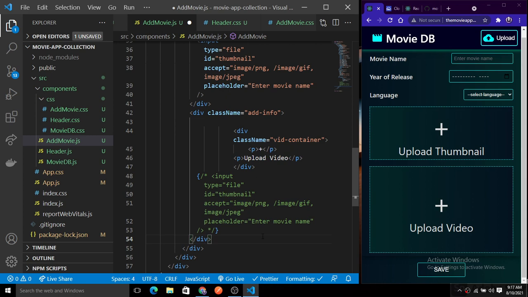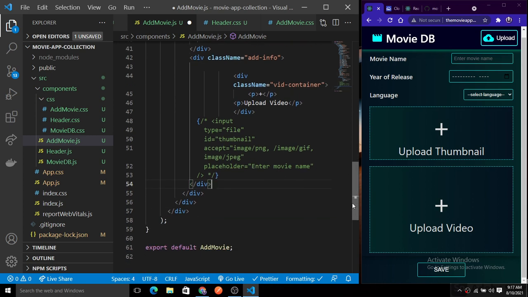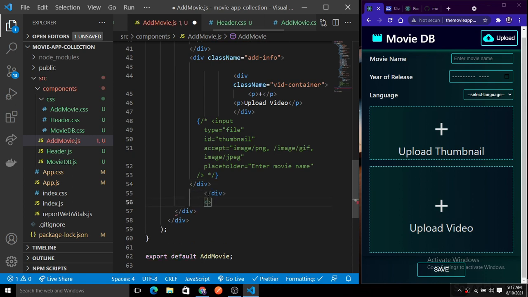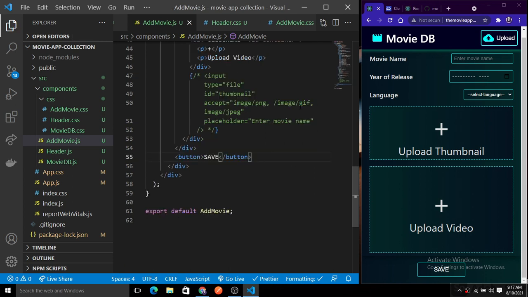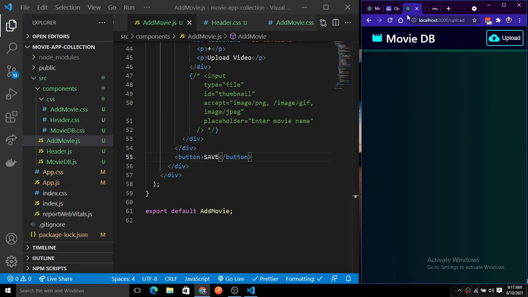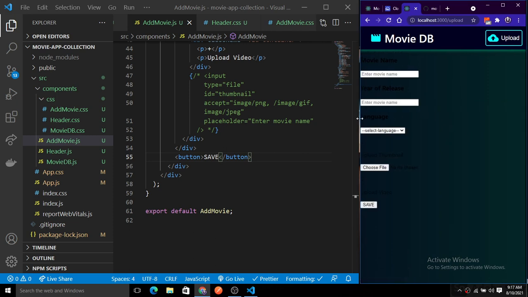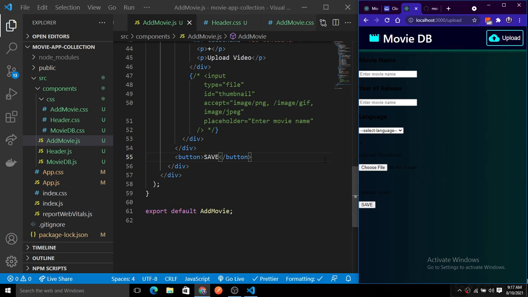And lastly, we have a button, the save button here. So we just add a button there. So here we have a button. This button will simply save this whole information to our MongoDB. So button, and just give the name here, save. So this is the save button. Now let's save this whole file, and now go back and refresh this page. Now you can see here all the information is coming down here, but it is not styled.